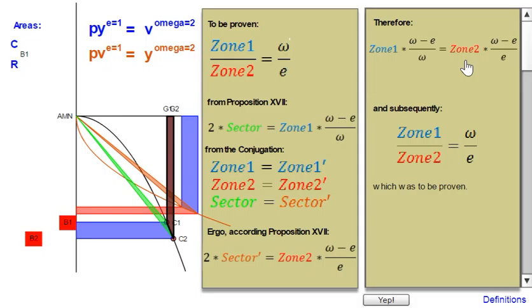And when you now resolve this expression, because some things can be cancelled out, and the omega minus e is actually disappearing because it cancels itself out, you get the expression that we actually wanted to prove: zone 1 divided by zone 2 is equal to omega divided by e. And this is what was to be proven, and this is a very simple relationship, but it bears so much